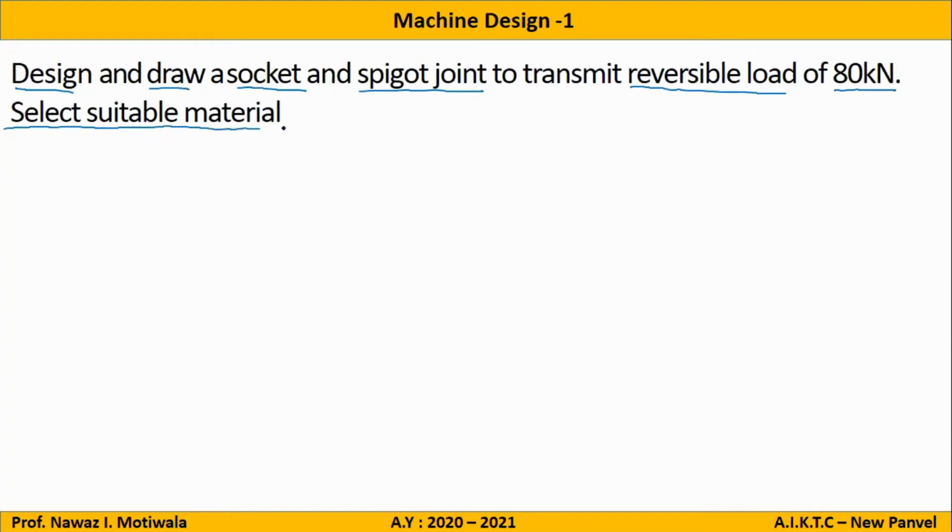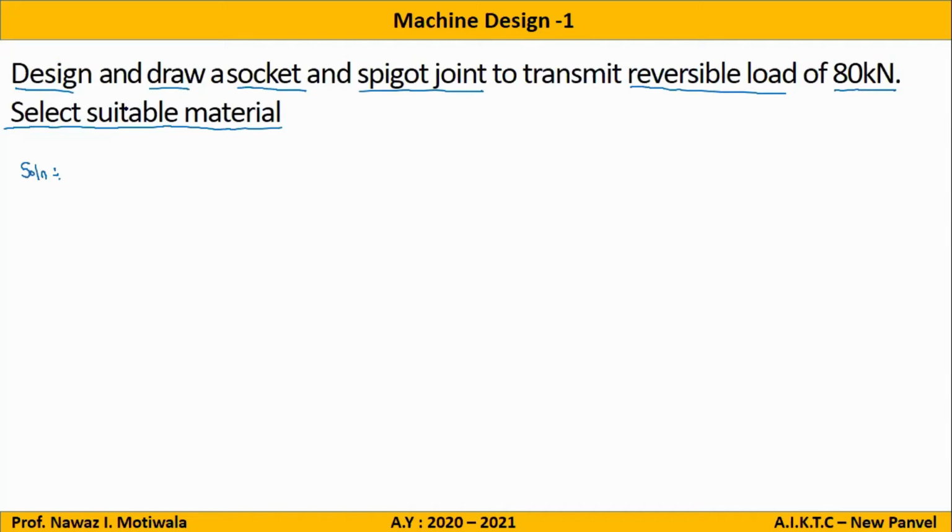material. In the previous problem which we have seen, the material or the values of stresses were given to us and we just started with the problem. But here, what will be our first step? We will select the material from the data book. Because we cannot proceed with finding out the various parameters like diameter, length, etc. till we have the stress, and for stress we need the material. So the first step in this problem will be selection of the material.